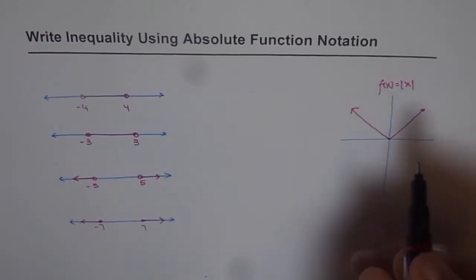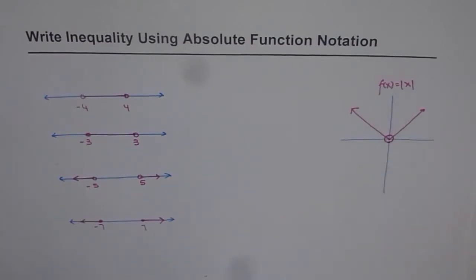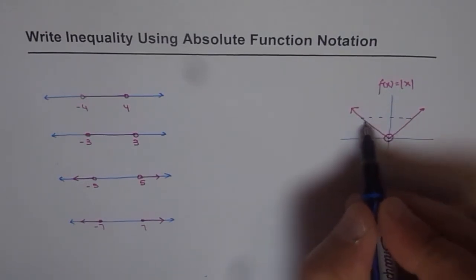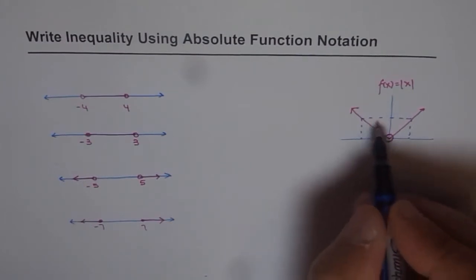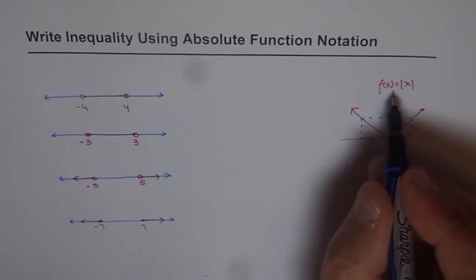Basically what happens here is that it has a point here, where it has one value. But for any other y value, it will return two values for that particular point. So if I say absolute x is 5,